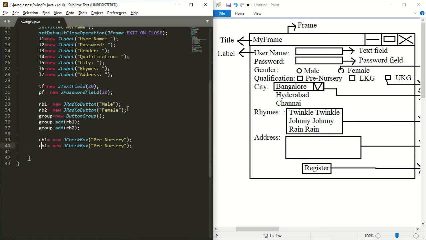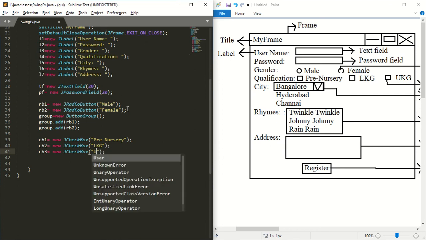Next, similarly, CB2 is equal to new JCheckBox of LKG. Next, CB3 is equal to new JCheckBox of UKG.